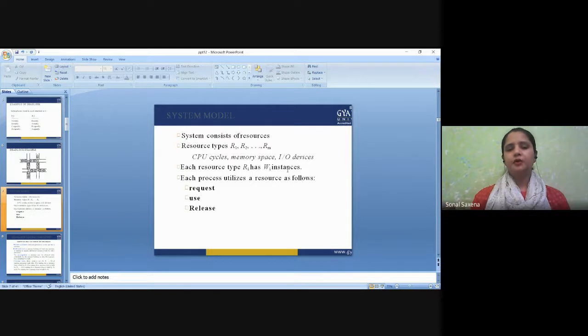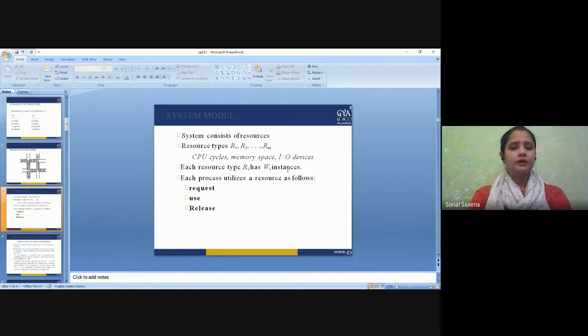They can be allotted to several processes at the same time, right? And this should happen in the operating system. If there were not several instances, that would be one of the reasons why deadlock can occur. Because if there were only a single instance, the resource would be allocated to only one process, and the other process would always be waiting for that resource to get free. So it is preferred that a resource should have several instances so that it can be shared among other processes, right?